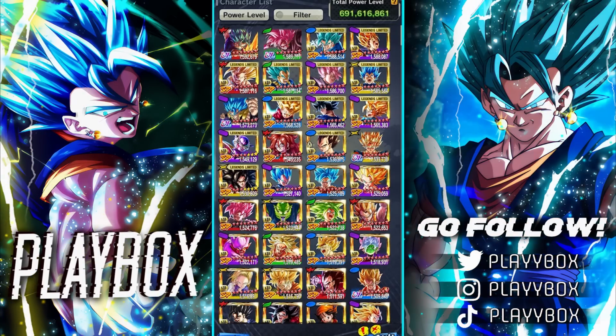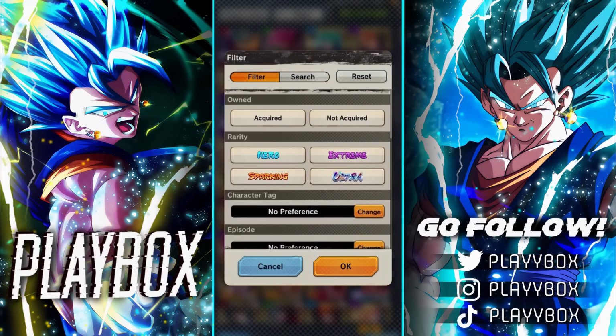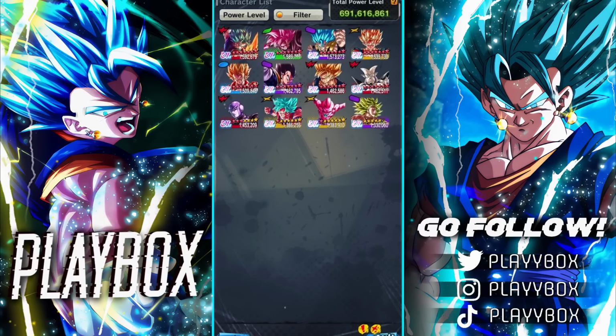But let's actually filter this through... Let's start off with the Legends. You know what? Let's start off with Ultras. We're going to show off the Ultra units right now, right? So, as you can see, all the Fusion Warrior units are 14 stars with an additional character in the form